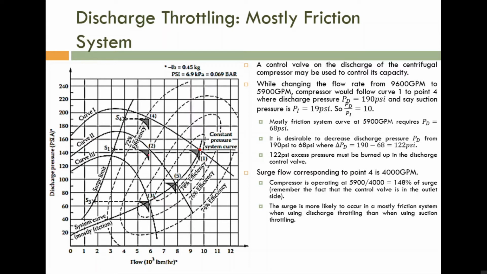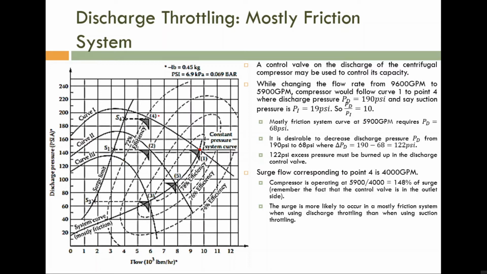Compared to the constant pressure case, the mostly friction system is relatively more stable, because there is not much restriction. In the first case, we need to maintain the constant pressure. That is relaxed here. We need a minimum pressure only. So the system is more relaxed, and therefore more relatively stable. Please note, relative stability is calculated by comparing the current flow and the corresponding surge flow. Is it okay?